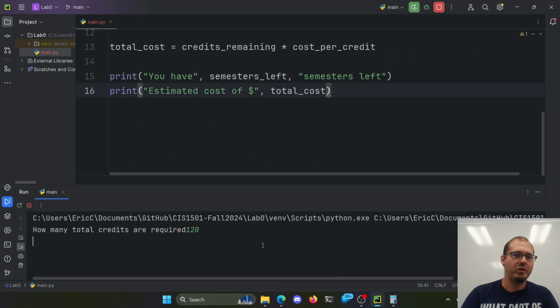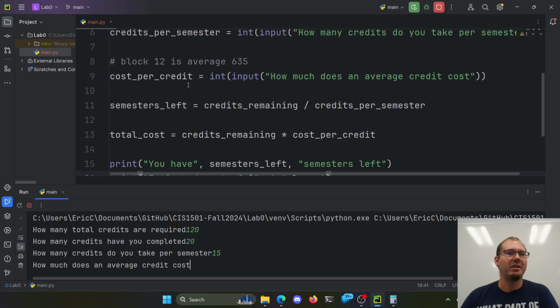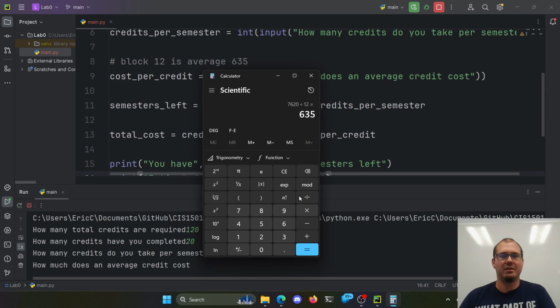So if there's 120 credits required, and we've completed 20, that means there's 100 left, right? That should be pretty quick. And if we do 15, that comes out to 90 plus one more, right? That's 6 and something semesters left. Okay, so 15 credits per semester, sure. And then average credit, so that'll bring 635 down a little bit, right? If we wanted to do that,